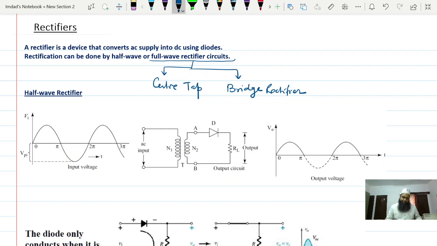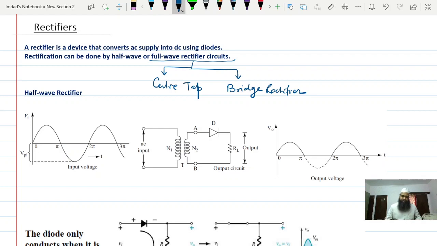Basically, we have an AC input here, which is normally 230 volt 50 hertz in our country. We have to step down this supply voltage to a level suitable for the diode, about 24 volt or 12 volt,